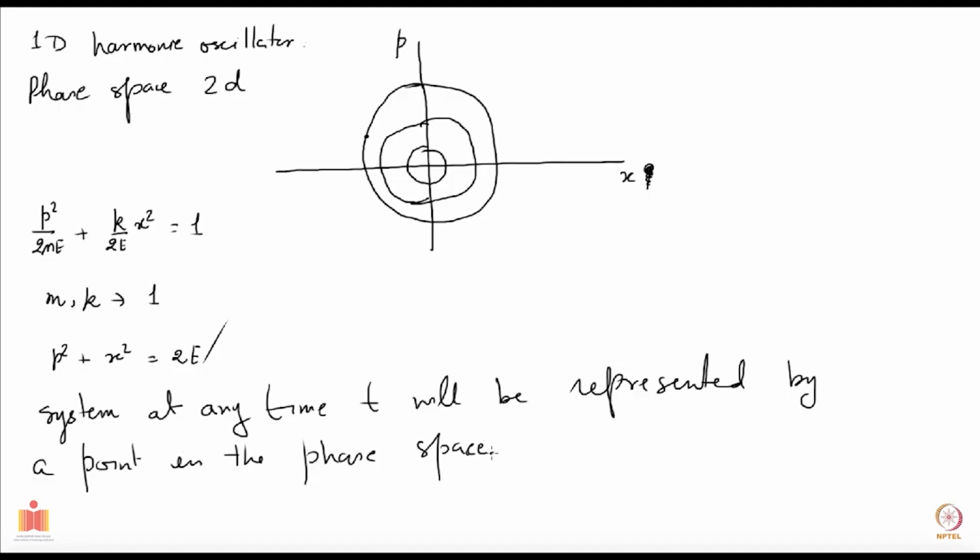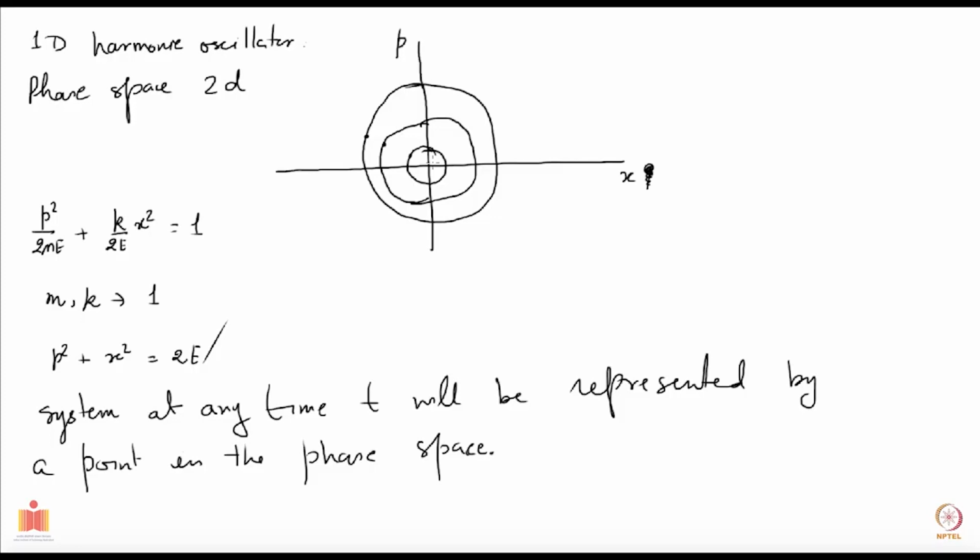Now as time changes, that point is going to move with time, so that point is going to flow. What I have drawn here as these circles is that if your energy is such that your point is here, then it's going to move along this circle for this one-dimensional harmonic oscillator. And if your energy was different and it was such that it is here, then it's going to move on this circle. So that's what the phase space will look like, the trajectories of this point or the system in the phase space. Okay, that's good. Now I'm going to prove a very nice theorem.